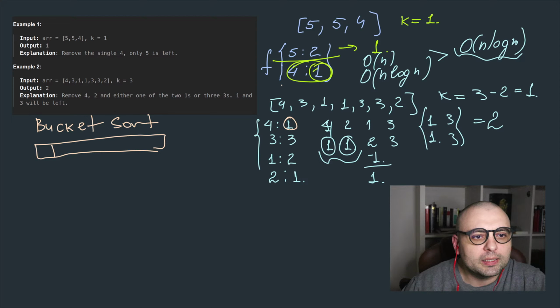But actually maybe we will not sort them necessarily, but actually we will. So we will just need to count again the frequencies,